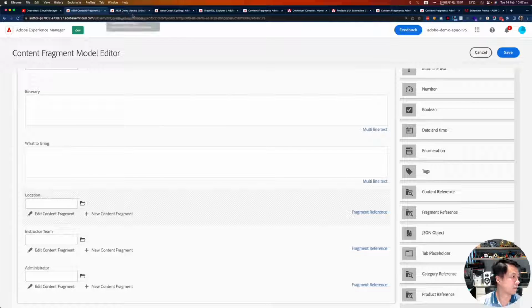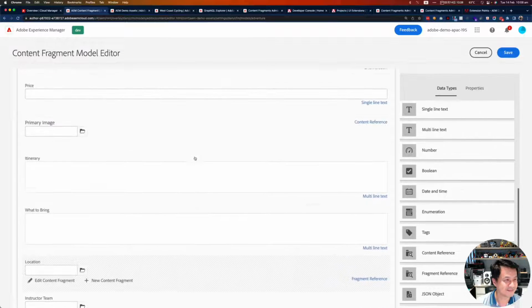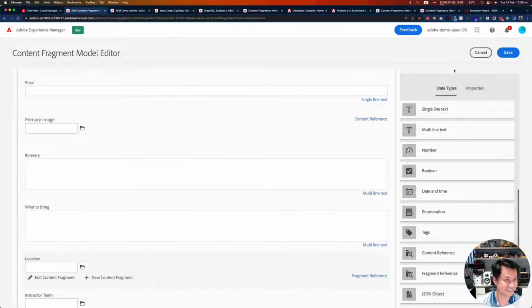Hey, James. So, just getting to this point, was there any coding to get to this screen? How did you build this model editor? Assuming I've got a brand new environment that I can access, am I coding away? I know you promised no Java, but how did you get to this?